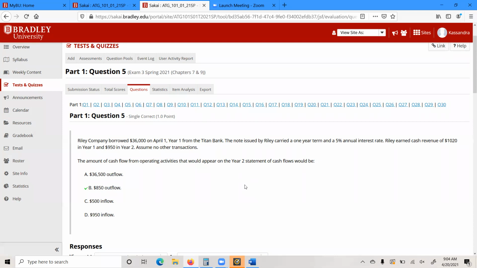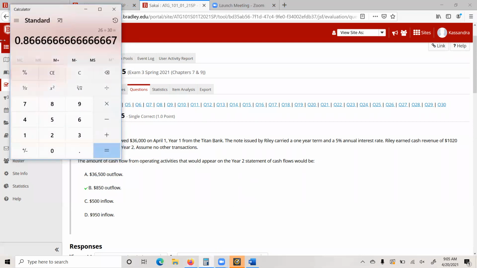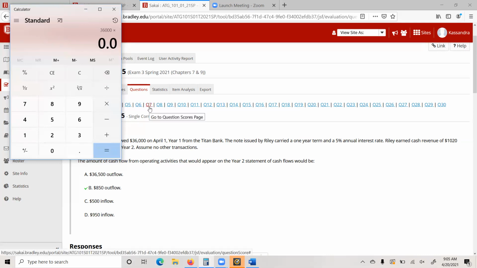That's what the incorrect answers did not recognize: the full year's worth of interest that would be paid in year 2. So that interest would be $36,000 times 5%. So we would have an $1,800 cash outflow from operating activities,